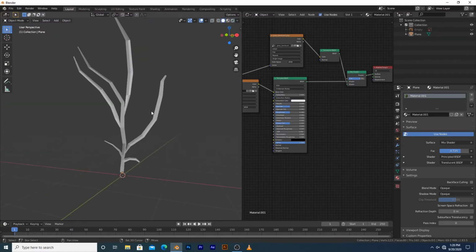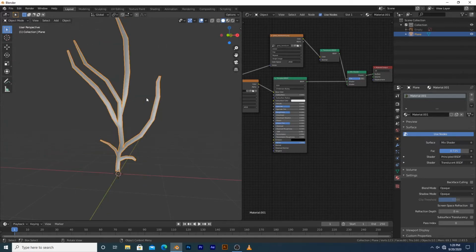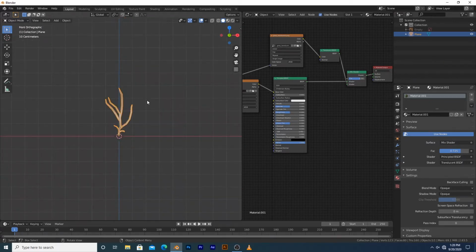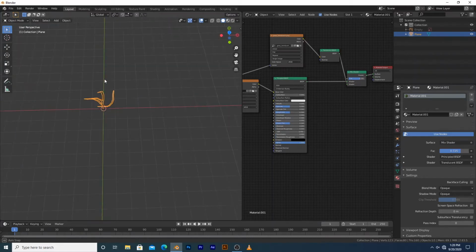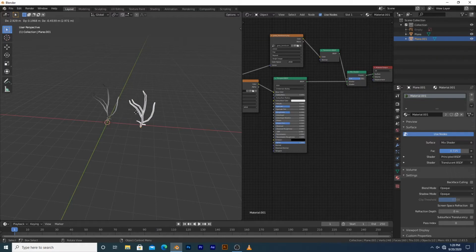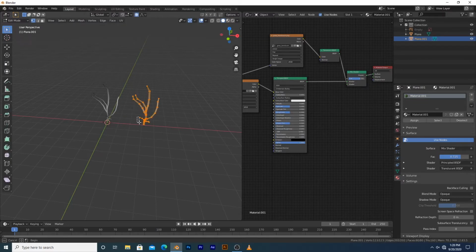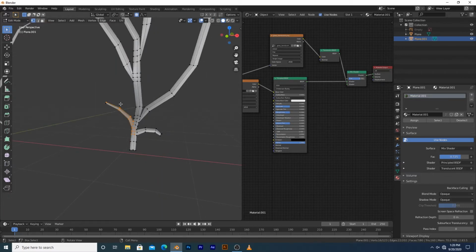What you can do, because I don't really have that much time, I'm just gonna be using this one strand. But what you can do, and what I've done in my other file, was I made variations. I think I made about 8 variations of this one strand. So just Shift D, duplicate it, move it around, and just move around these different vertices to give it some